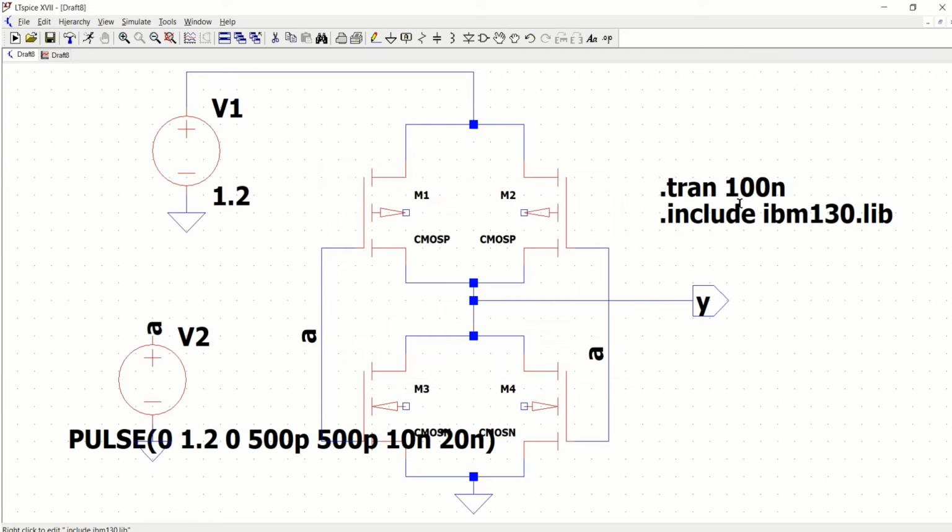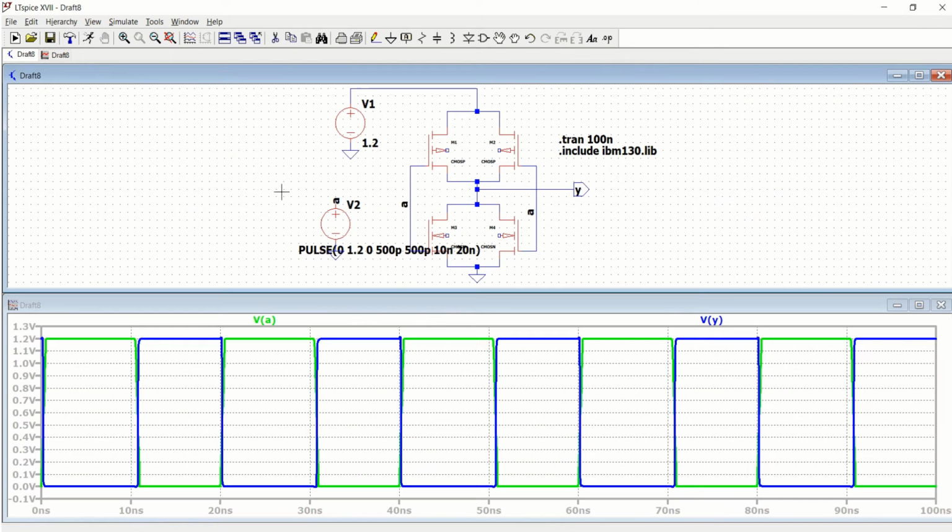Click on OK. Now it changes to dot tran. Similarly, run it again. So it shows the input characteristics. So this is how you create the inverter logic by using the FinFET, where you are connecting the